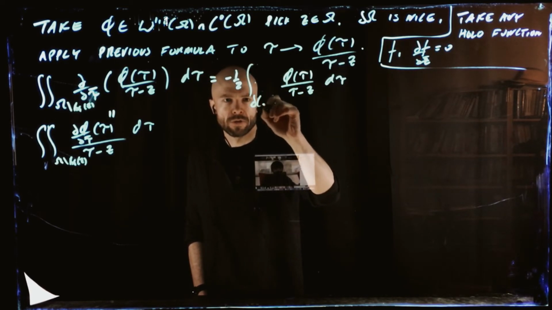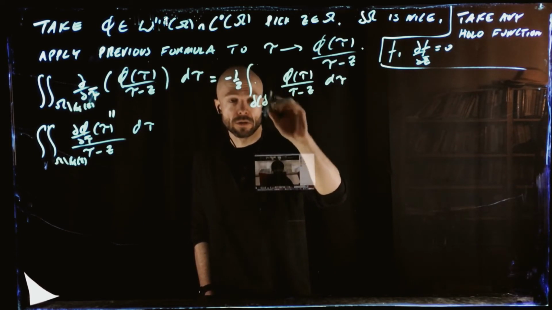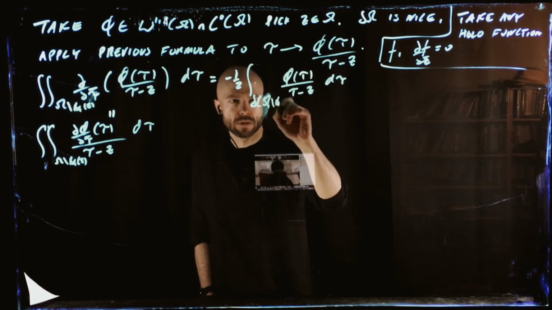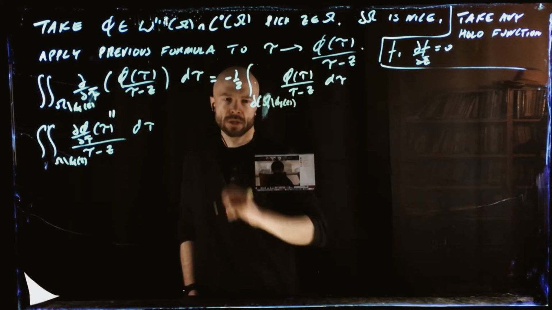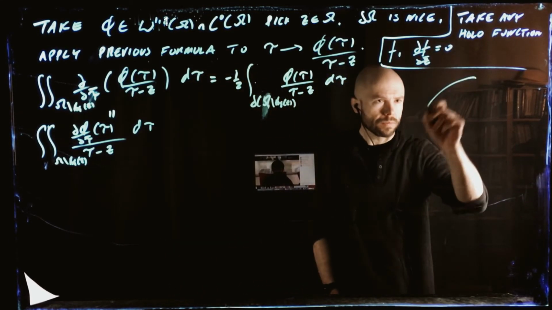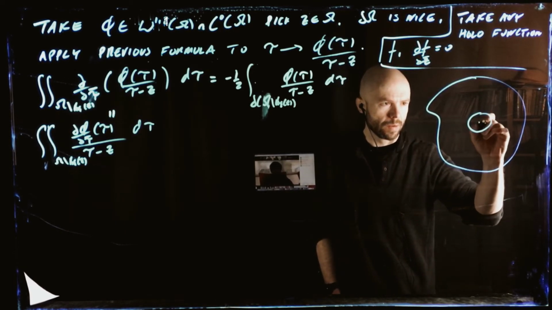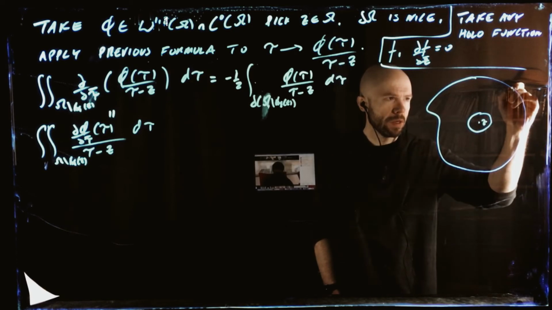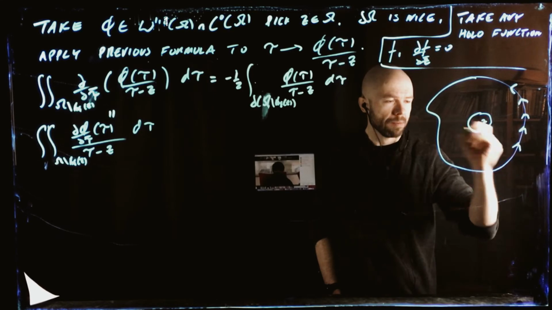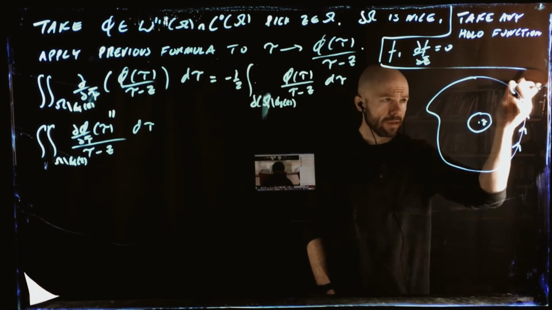This is going to be the boundary of omega, take away a small ball of radius epsilon around z, like this. Okay, and we're going to have to think a little bit about this, because this is potentially omega, right? This is the small ball around z itself. We're doing the anti-clockwise orientation, right? But when we do the anti-clockwise orientation around this inner part, we end up going clockwise, because the anti-clockwise orientation